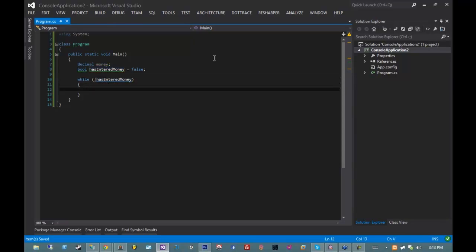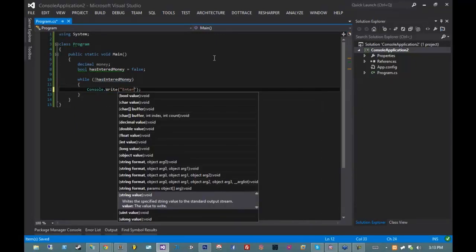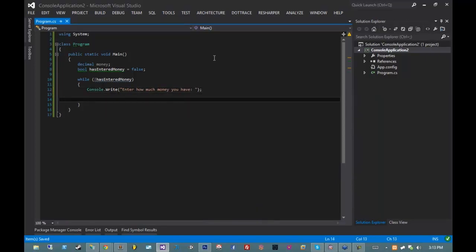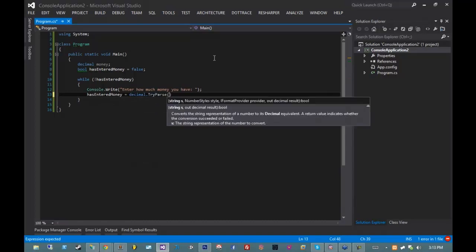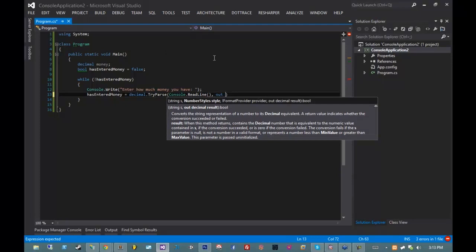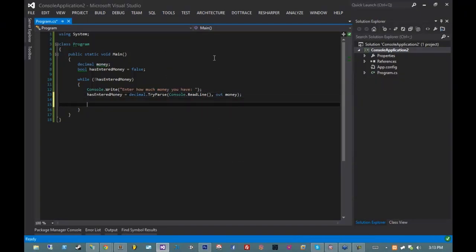So I'm going to say while we do not have our money entered, I'll prompt the user for their money. And then I'm going to say hasEnteredMoney equals decimal.TryParse, passing in the result of Console.ReadLine with an out argument of money. So that just says try to get the input from the console, stuff it into a decimal. If you can do that, return true and stuff the result of the parsing into this money variable, otherwise return